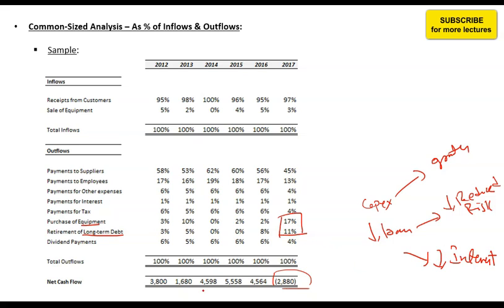So overall, although the company's net cash flow is negative or has turned negative in 2017, there does not seem to be any problem with the company, and the cash flow statement still looks strong. So the key point is, you should not focus on net cash flow, but you should focus on where this cash flow is coming in from, and where this cash is being used.